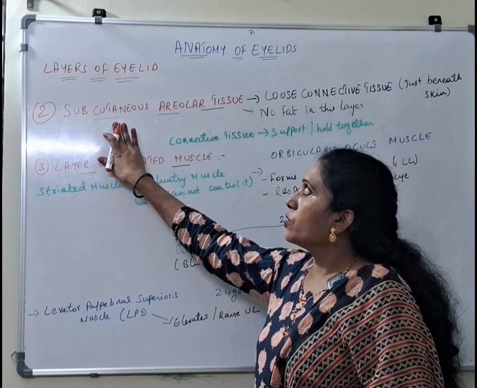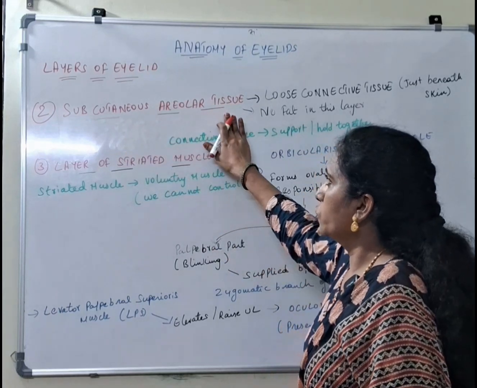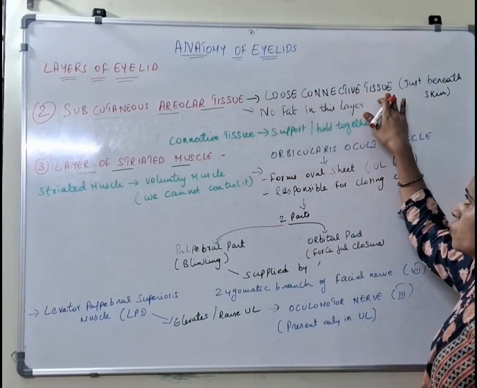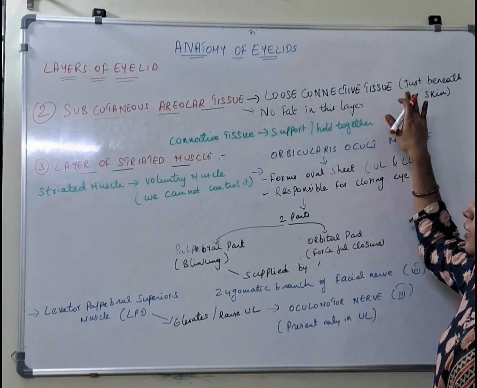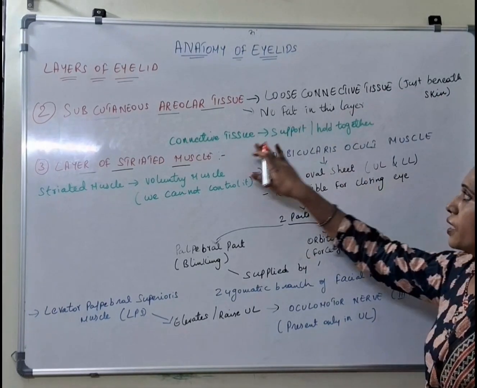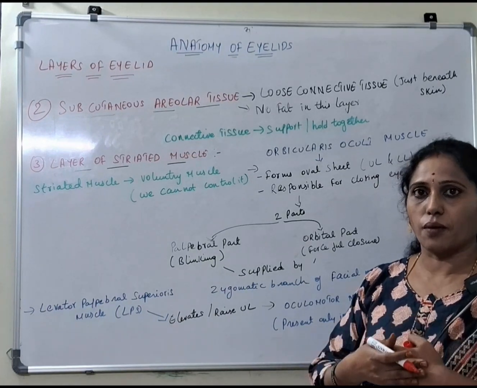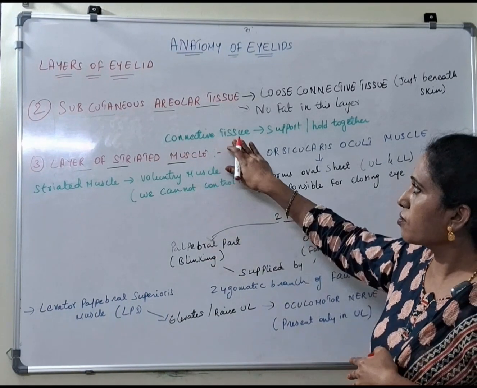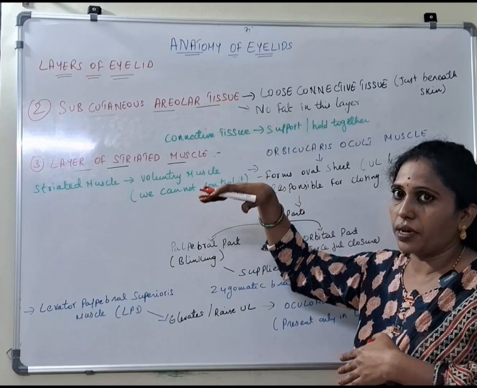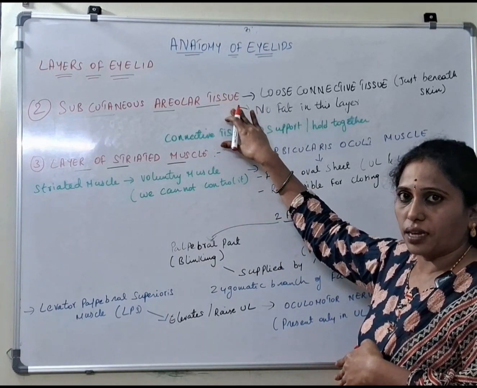Next, coming to the second layer, it is nothing but the subcutaneous areolar tissue. This layer contains loose connective tissue and has no fat in it. What do we mean by connective tissue? The main function of connective tissue is that it works as a support between any two layers. Because this layer is present immediately beneath the skin, it acts as a support for the skin as well